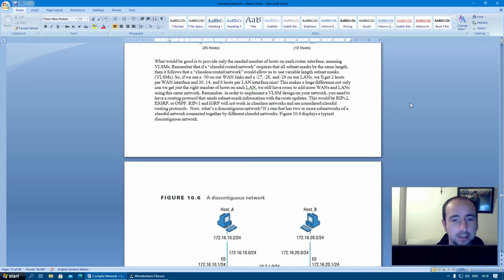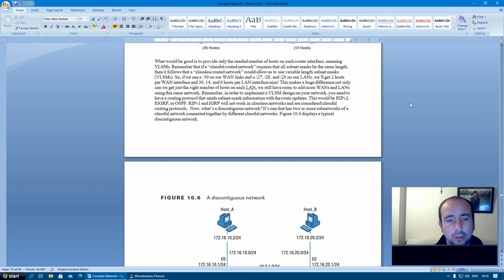Remember that a classful routed network requires that all subnet masks be the same length. Then it follows that a classless routed network will allow us to use a variable length subnet mask, VLSMs. So if we use the /30 on our WAN links and the /27, /28 and /29 on our LANs,